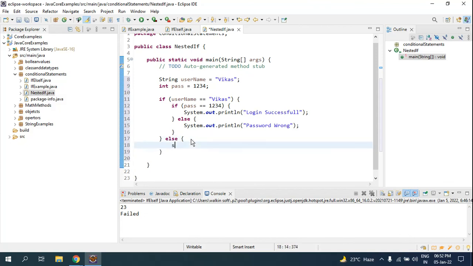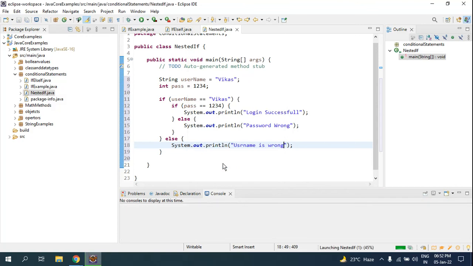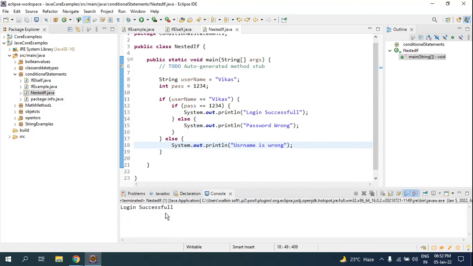I'll give here SYSOUT and I will say username is wrong. Now I'll run it in my application. Look, it is telling me login success.